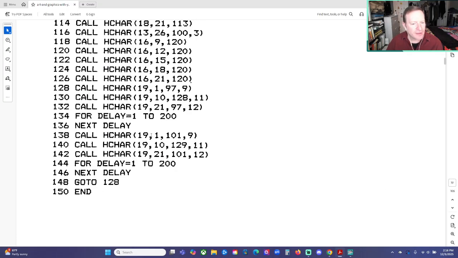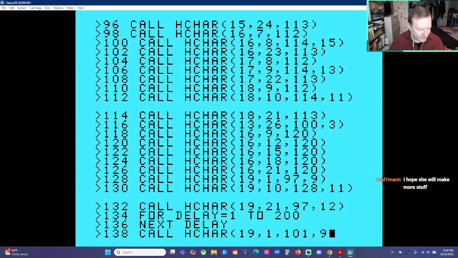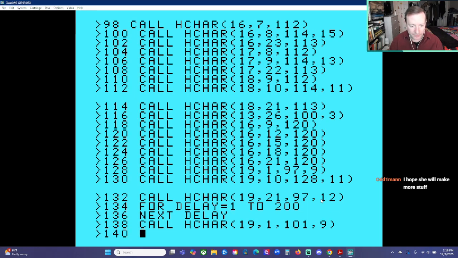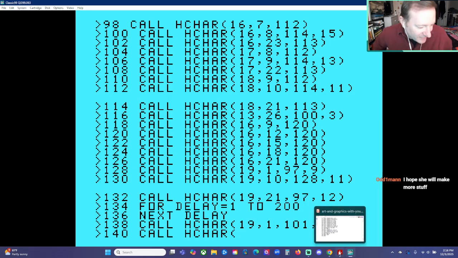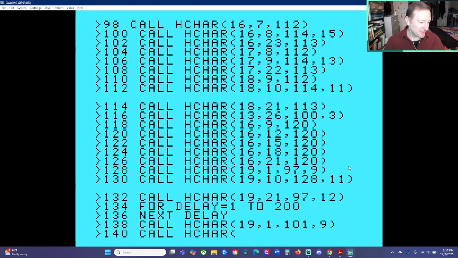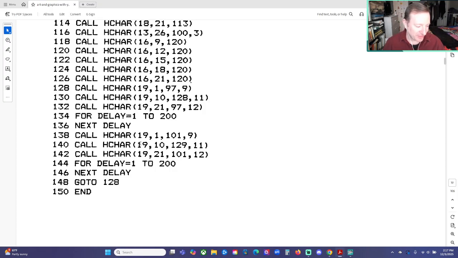Okay, so 138, 19.1, 101, and 9. Yeah, I hope so too. I mean, there's so much to learn, right? So much to share, so many different ways of using even an old computer like this that I wasn't aware of when I was a kid using this computer. So people were doing things that I just had no idea, and that's clear from the users groups. The users group newsletters just show that there were 1,000 ways of using an old computer that I never would have thought of. 19 and 10,